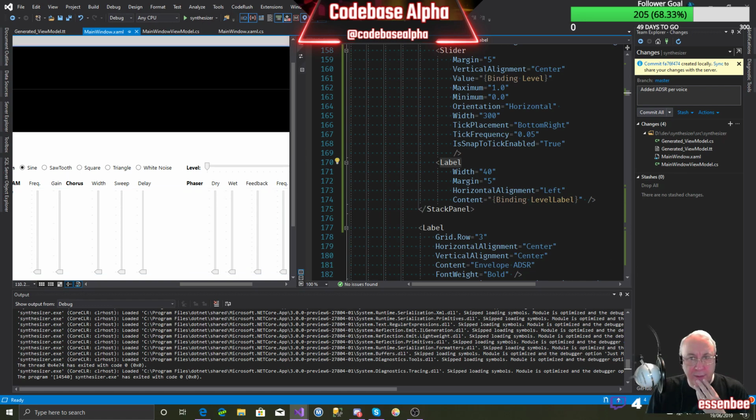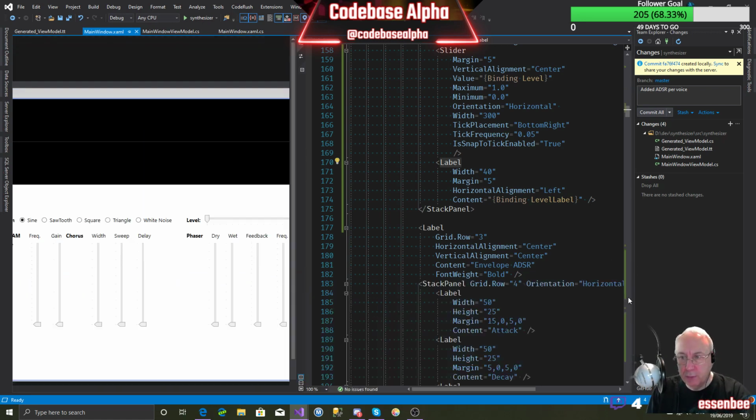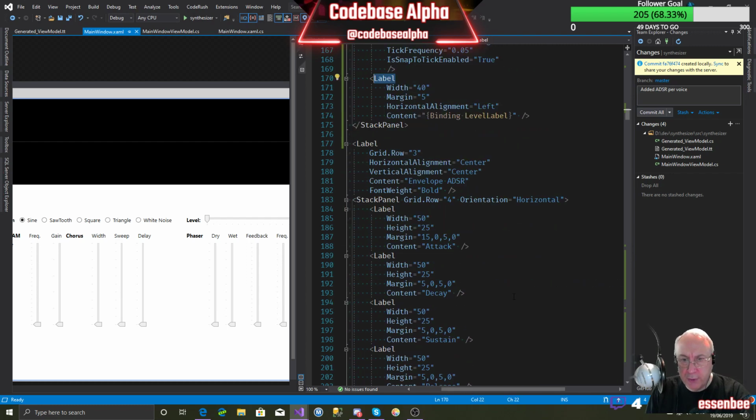So now we want to kind of invent some controls for changing the frequency of voice 2 and voice